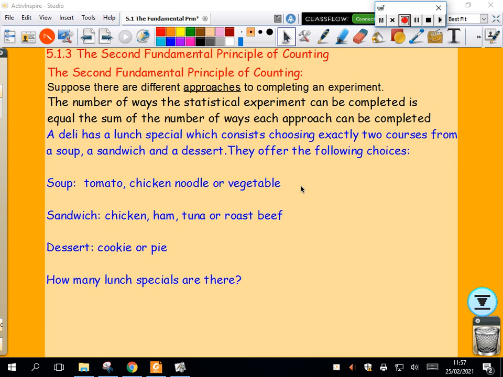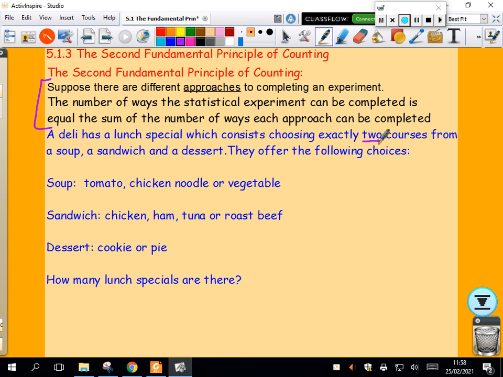Okay, so in this class I'm going to talk about the second fundamental principle of counting, and before I come back to the principle, let me just go through an example. I'll come back to the fundamental principle in a second. A deli has a lunch special which consists of choosing exactly 2 courses from a soup, a sandwich and a